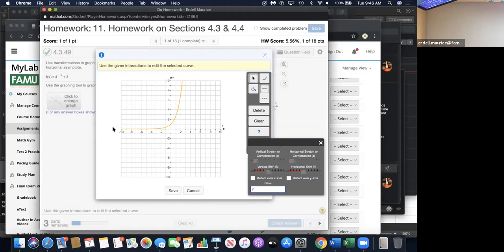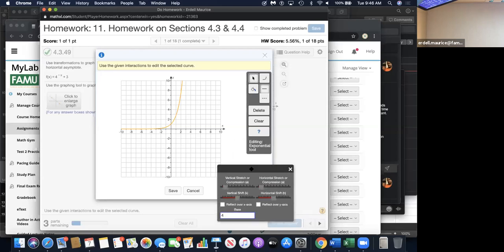Go ahead and first set the base. The base is 4, and so this thing right here, instead of E, is 4. Like I say, most reason why people get this wrong right here is they have the wrong number in for the base. After that right here, the minus sign means the graph is reflected over the